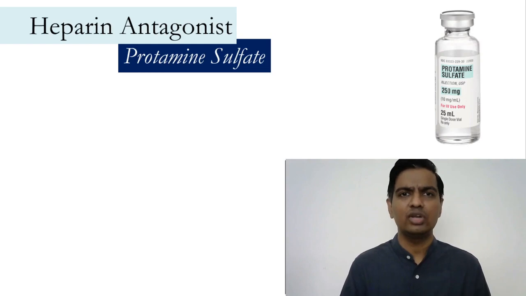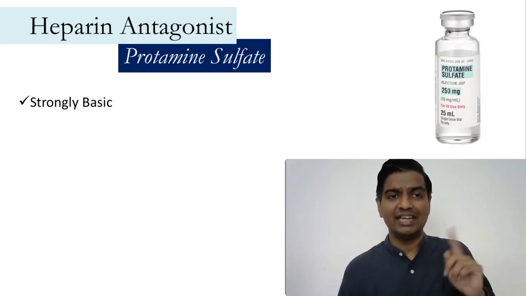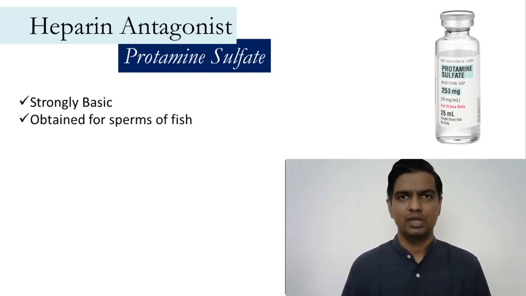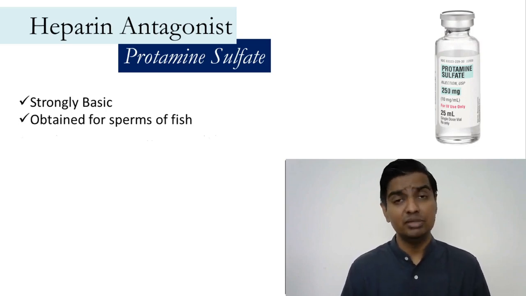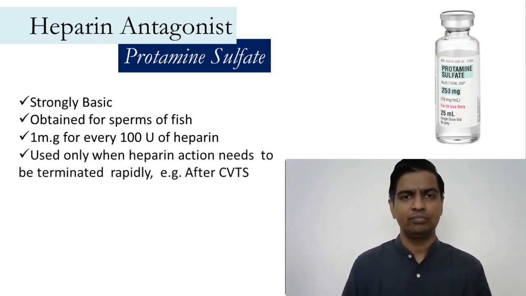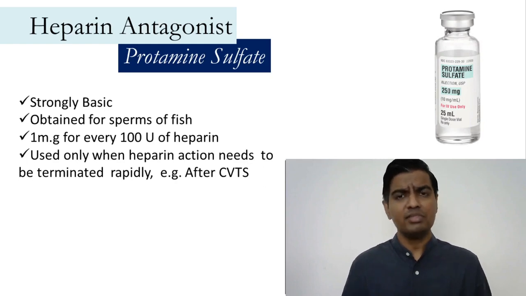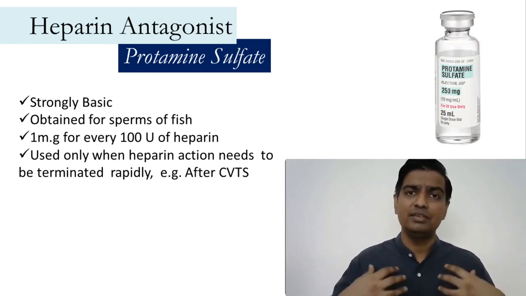So we have to antagonize the action of heparin, and we have a medicine called protamine. Remember, heparin was the strongest organic acid. This is highly basic. This product was obtained from the sperm of fish. And the idea is very simple. If a person has taken 100 units of heparin extra, you need to give 1 mg of protamine sulfate. That's the ratio in which we give it. See, the good news is heparin is kind of a natural product of our body. If it is a natural product of our body, there is a mechanism already present which will help us destroy heparin.